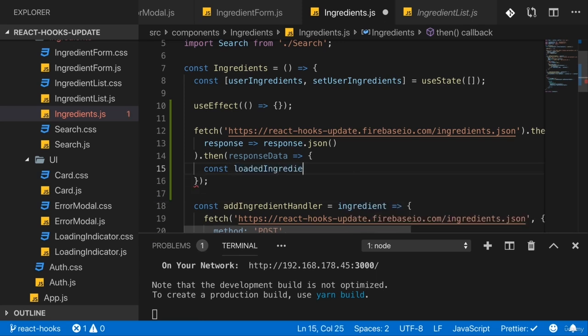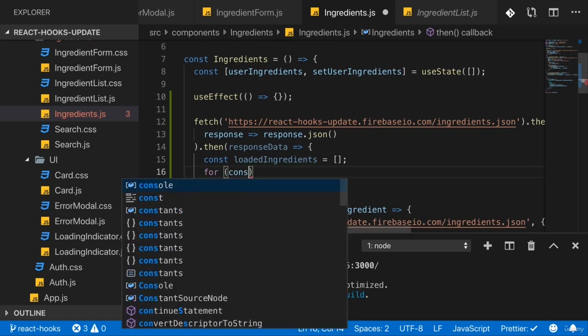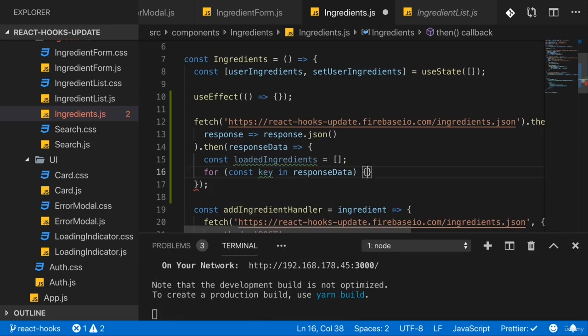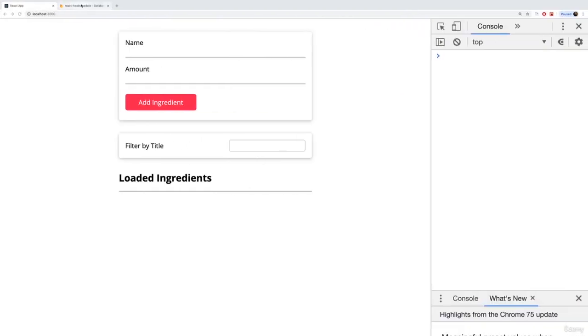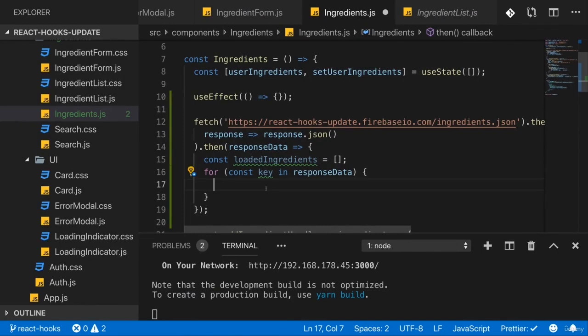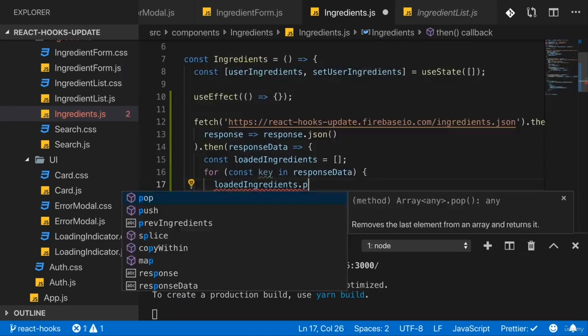Our loadedIngredients, let's say, is an empty array. That's a helper constant I'm creating here. And then I use a for-in loop to go through all the keys in that response data, because again, response data will be an object. Every key will be such a unique ID, and the value for that key will be the actual data for our ingredient. So we'll have that overall object with these ID keys, and then these nested objects. So here a key will be this unique ID, and the value for responseData[key] will then be our concrete ingredient data. So therefore here I can use loadedIngredients, that array I'm creating here, and push a new